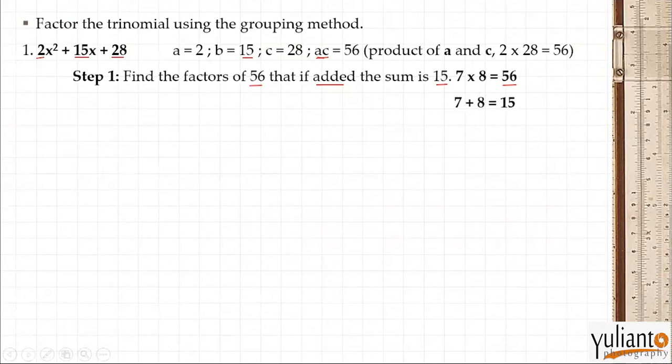Again for Elmo, last class we had general trinomials where A is equal to 1. Tonight we will have A is not equal to 1. As you can see, our first term here has a number now, so unlike the previous lesson, we have a coefficient. Going back, if we add 7 and 8, the answer is 15, which is our B. Is everyone following? Okay, all good. The next step will be